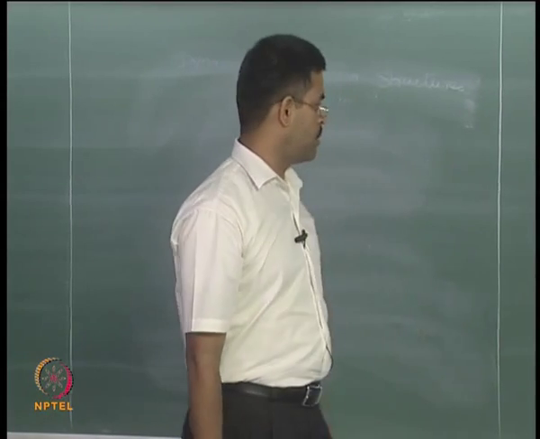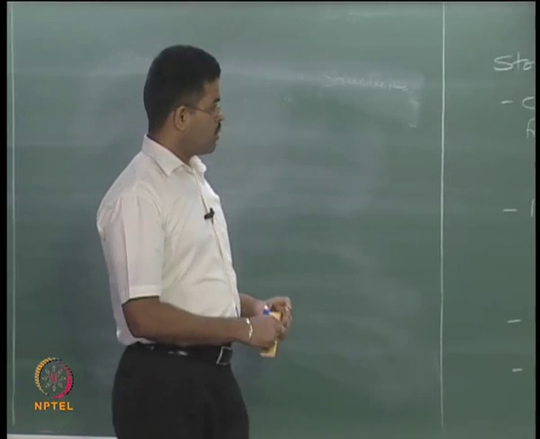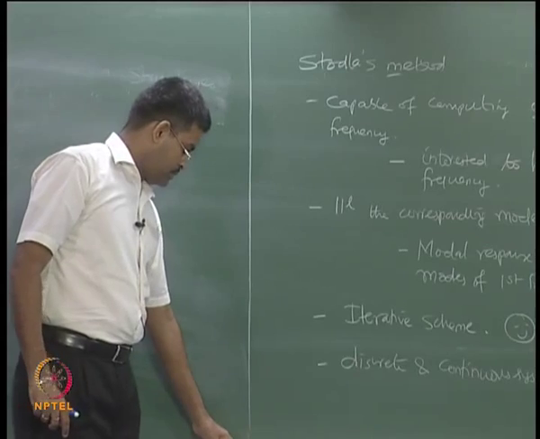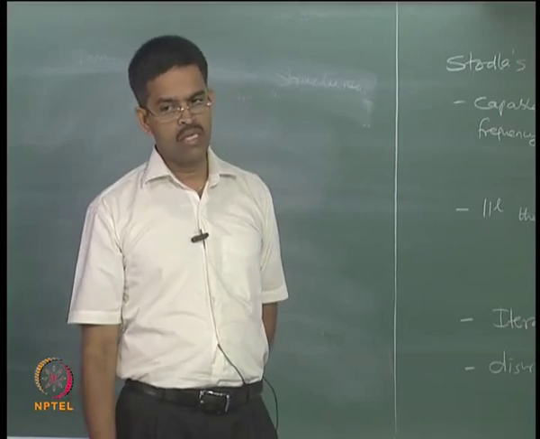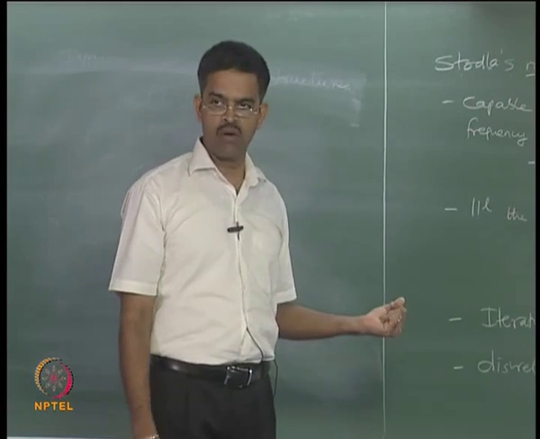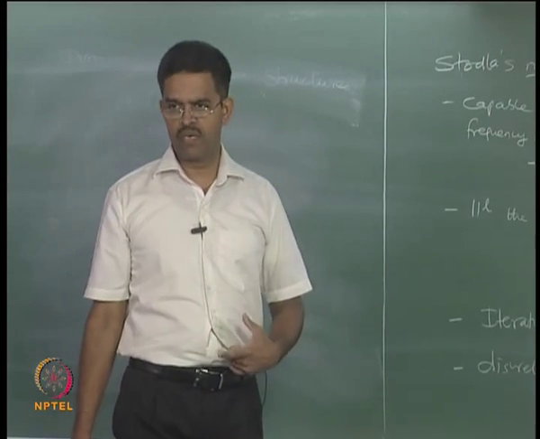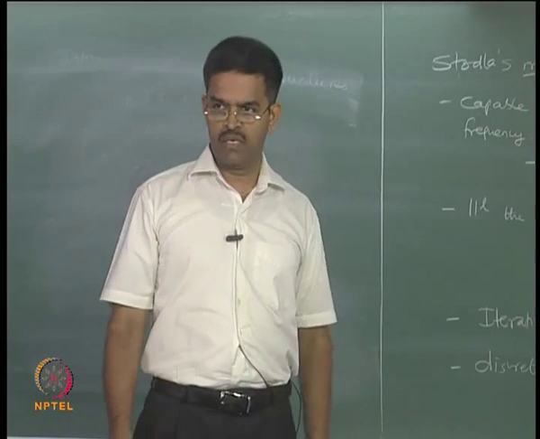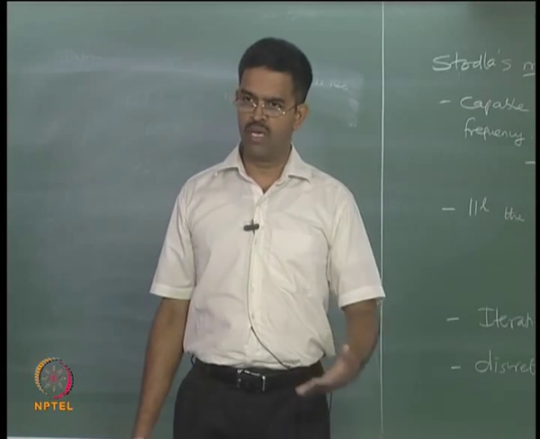Though I have given you the problem yesterday, you must have solved it by the influence coefficient method by this time, but for the benefit of those who are not clear on how to estimate the influence coefficient matrix, we will once again do it for this problem, because in the last example we did it by a slightly different method. Here I will give you a shortcut technique of estimating the alpha matrix. Once you are able to estimate the alpha matrix, simply invert it and you get the stiffness matrix. The moment I have the stiffness matrix and the mass matrix, I can write the equation of motion also.